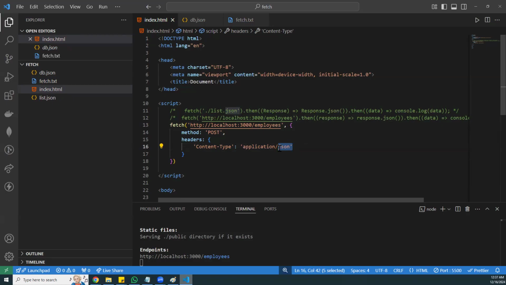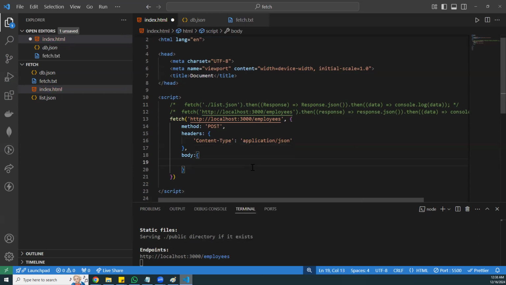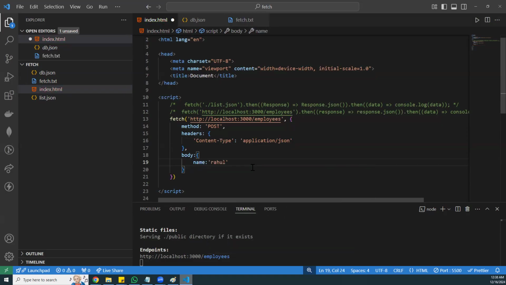What type of data you are sending, you need to mention as application/json in Content-Type. Where do you pass it? In the header. What is the other one? Body. You need to send the data now. Yes, body. Here you can mention name: Rahul, comma,